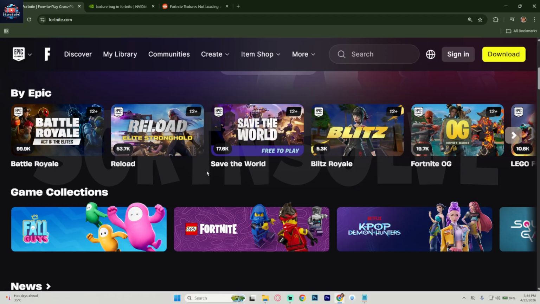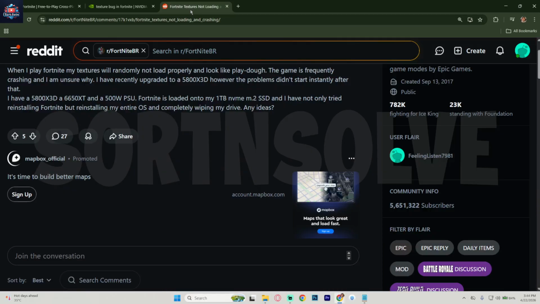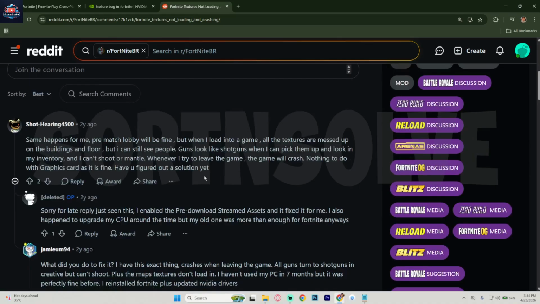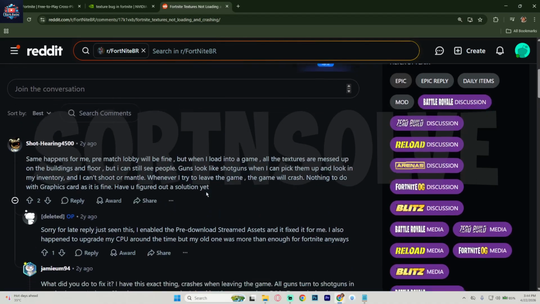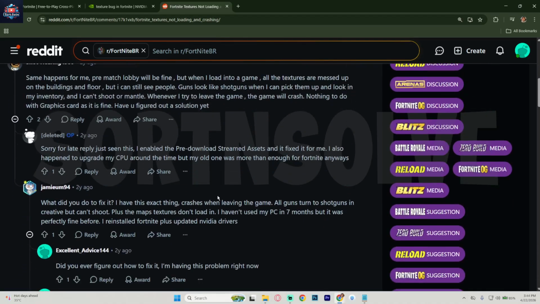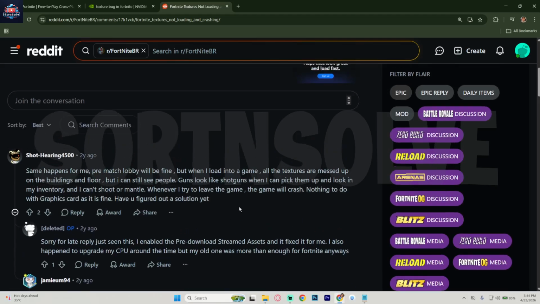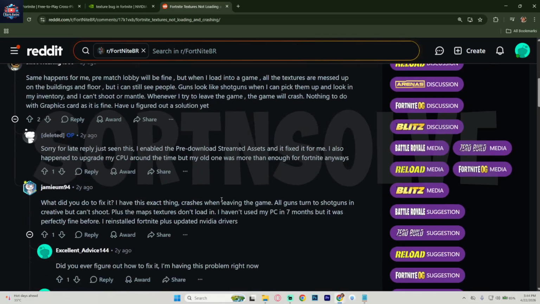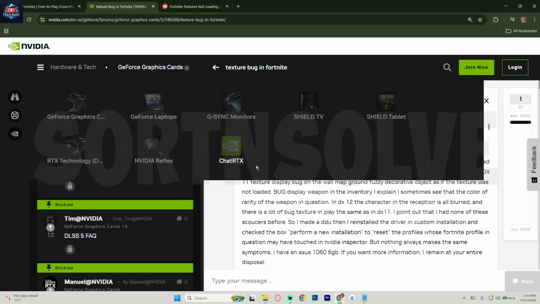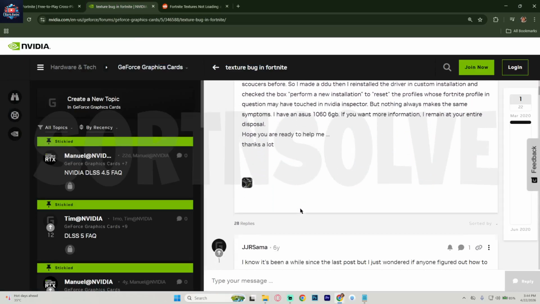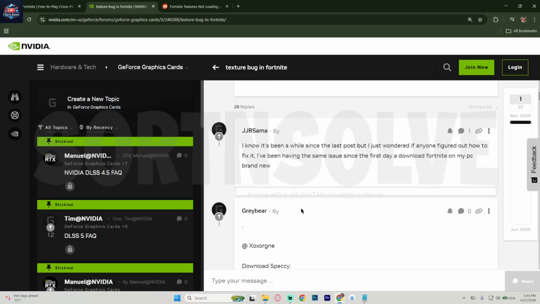Next, make sure your graphics drivers are fully updated, as outdated drivers often cause rendering issues. After that, go into Fortnite settings and increase texture quality and view distance, since very low settings can sometimes delay texture loading. Also, switch your rendering mode to DirectX 11 if you're using performance mode, as it can improve texture